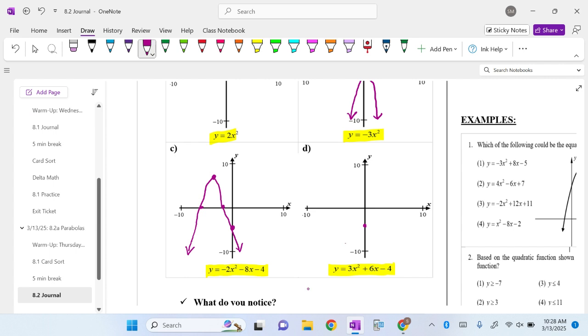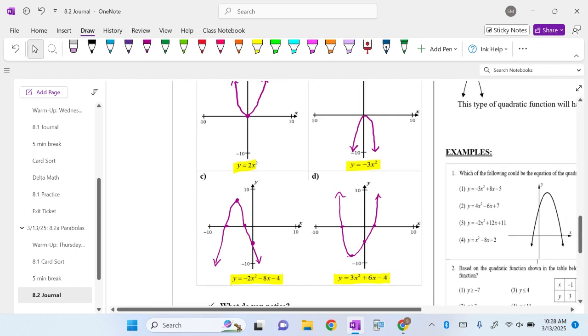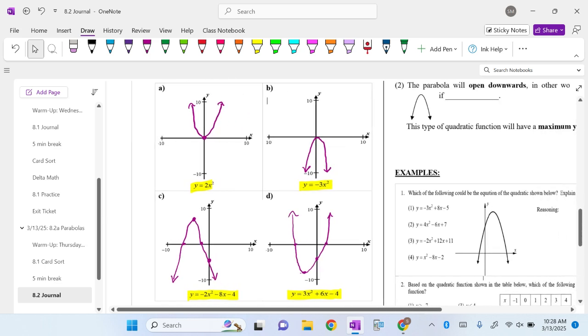The y-intercept's about right here. The vertex is here. It crosses about here and here. So it looks something like this. They don't have to be perfect. We're just trying to make a general assumption of what the graph looks like. So now that we've drawn some general pictures,